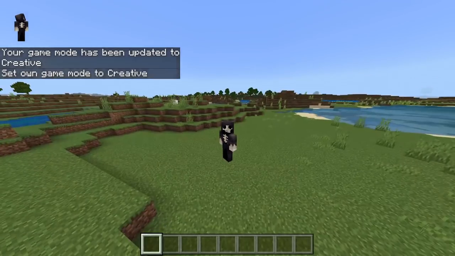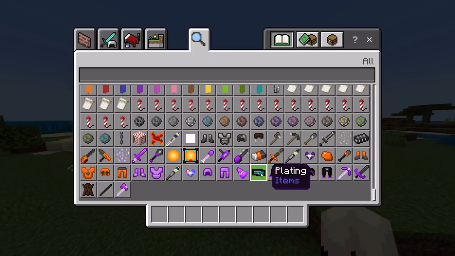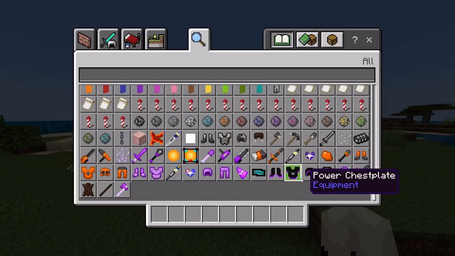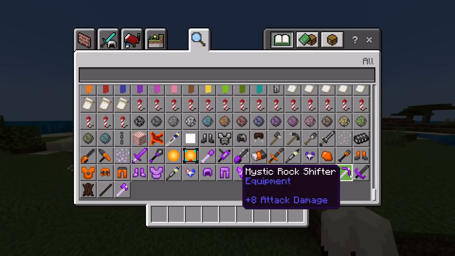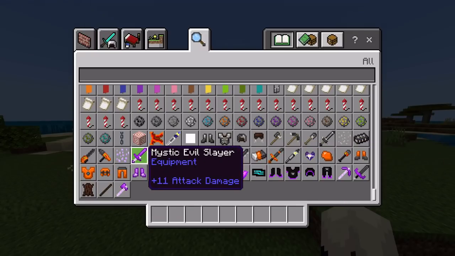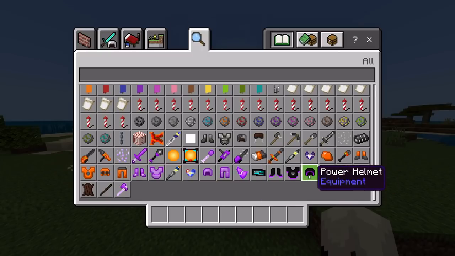Number 4 is the More Gear add-on. This add-on basically adds a bunch of new armor and tools and weapons that you can craft, and they're pretty cool. They are a lot better than the vanilla ones, so you can basically get a lot stronger, and they're enchantable, and you can